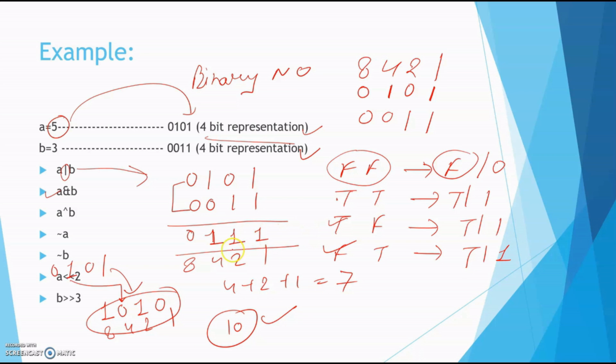Okay, that is the shift operator, that is left shift or right shift. This operator works on basically two operands, that is a, the number, and this other operand. It means the number of bits you want to shift either left side or right side. Here this is the symbol for left side, so it means the number of bits you want to shift left side. And if you are taking this symbol, it means you want to shift 2 bits right side. So that is for left shifting and right shifting.